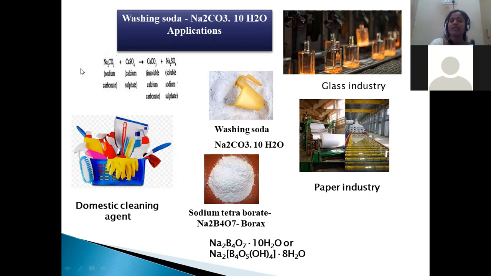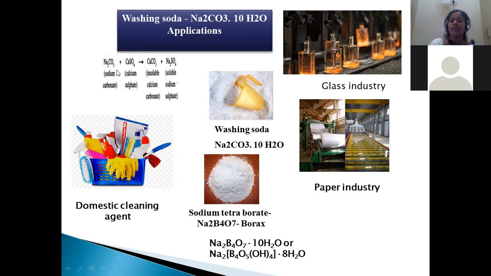In the softening method, washing soda is one of the ingredients used as a softening agent in the lime soda process. Soda is washing soda, lime is calcium hydroxide. Sodium carbonate is specific in removing calcium sulfate. Whenever sodium carbonate is added to calcium sulfate, calcium carbonate and sodium sulfate are formed.